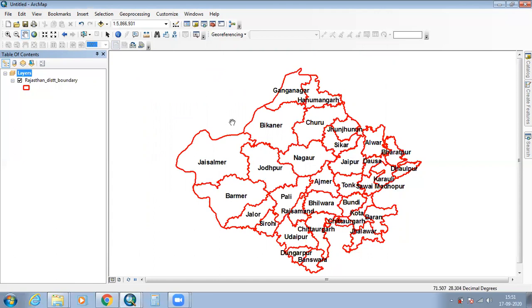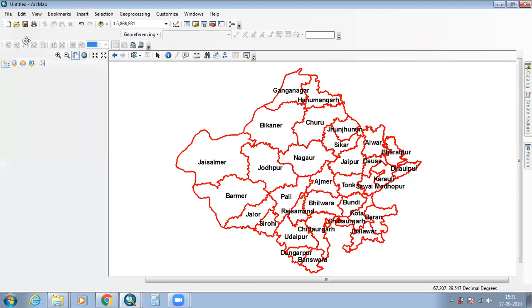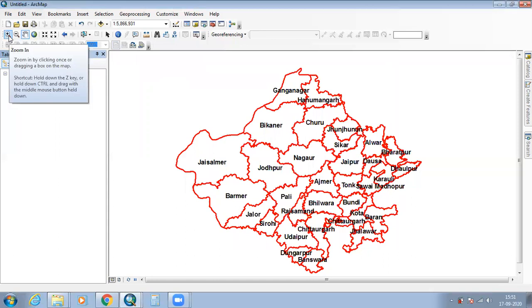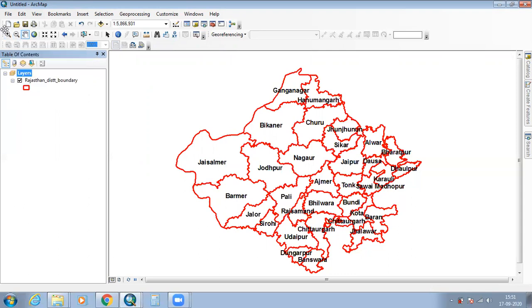Okay, so now the next step is, I want to describe this tool. Here this plus sign indicates zoom in, and this is zoom out, to zoom in on an area of interest.